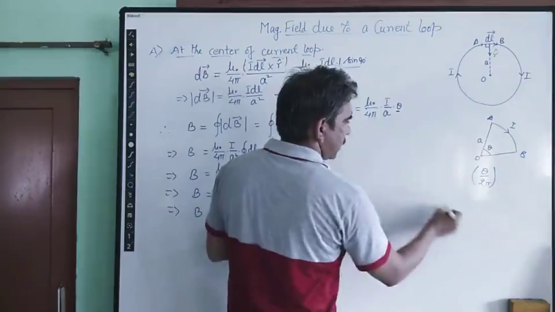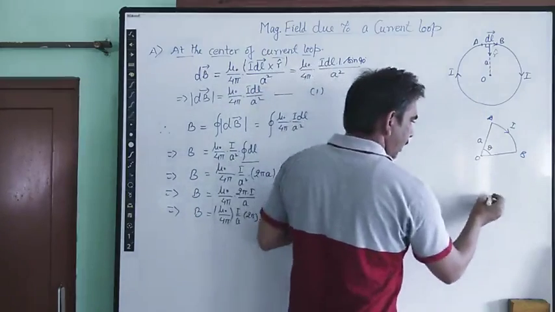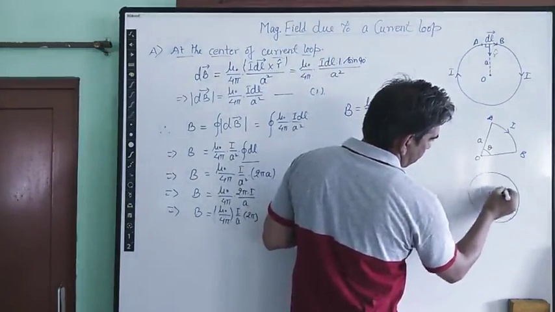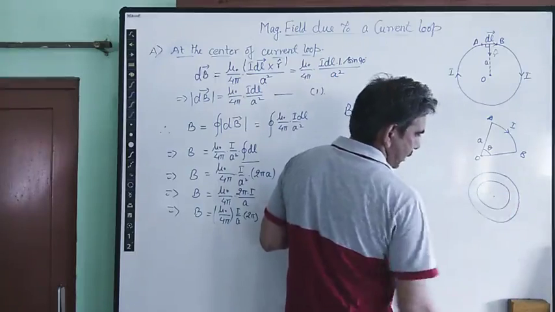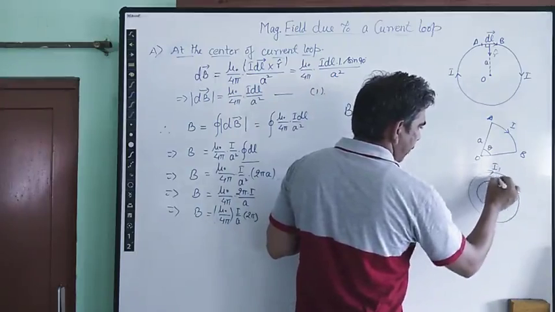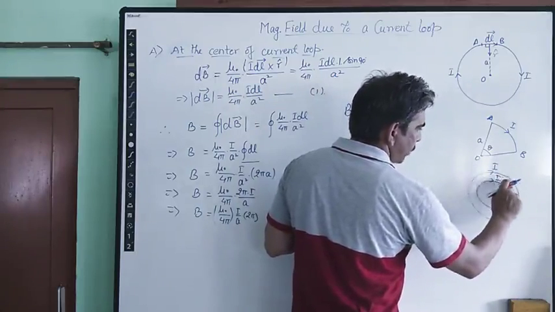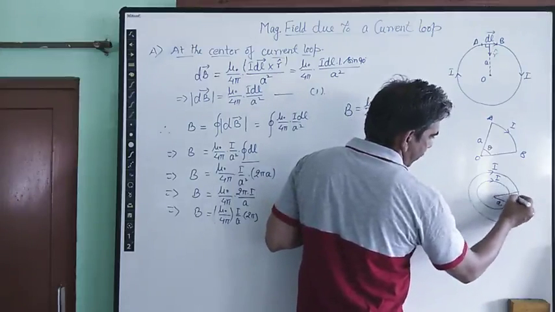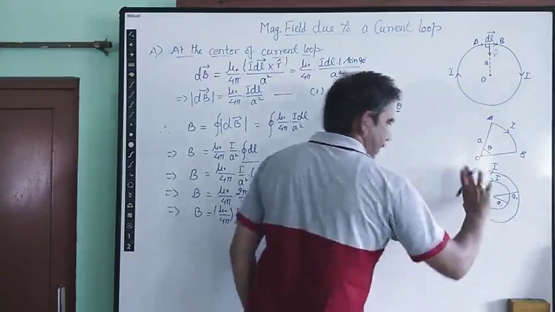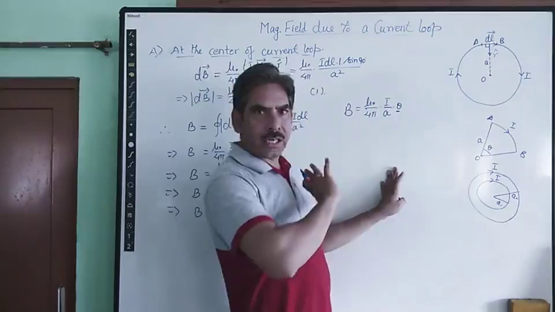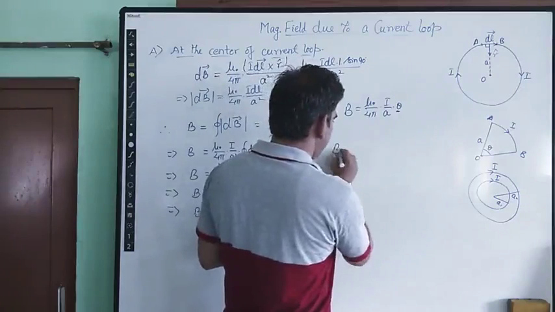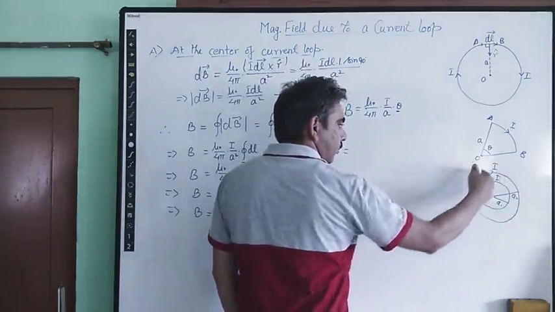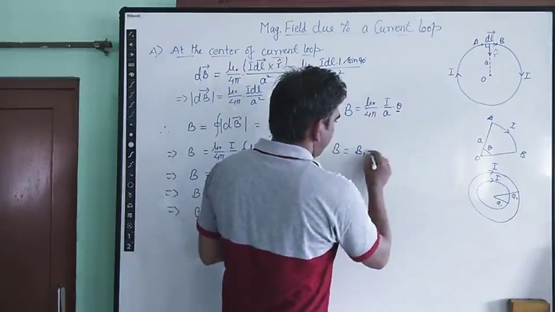There can also be a special case, just like if we have two concentric loops, the loop 1 and the loop 2 having common centers, and the currents flowing are I1 and I2, or the same amount of current is flowing, for example, in the two loops. The inner one is having radius A1, the outer one is having radius A2, and the current is flowing in the same direction. Both coils are carrying the current in the same direction. So from here, what is the total magnetic field? It will be the magnetic field due to current flowing in the inner coil plus the magnetic field due to the current flowing in the outer coil. So it is B1 plus B2.